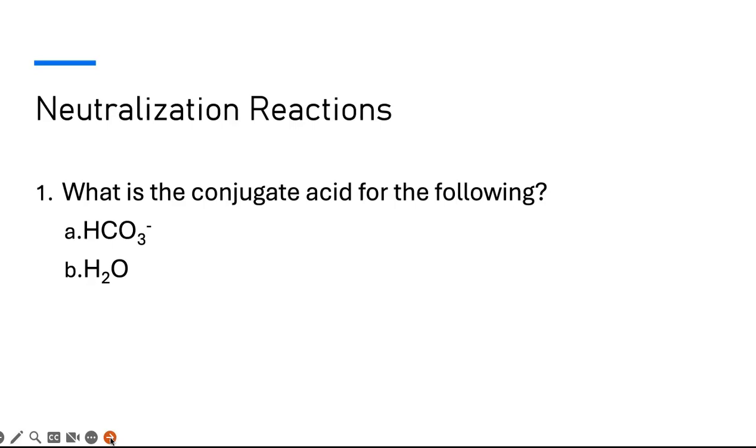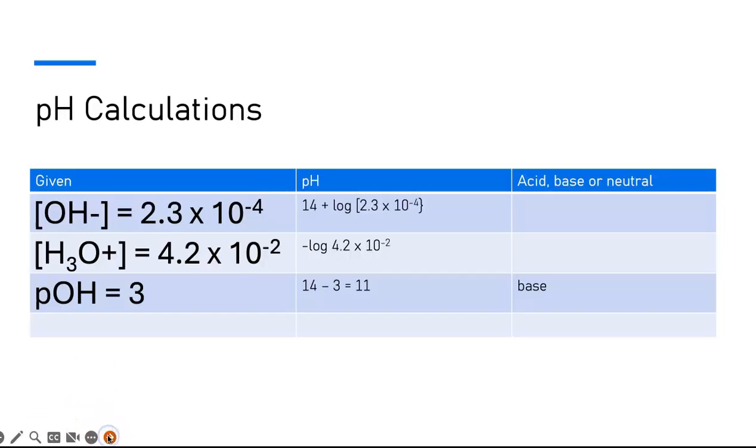And then, of course, if you're given something like this, you would have to write out the whole reaction. So obviously these are my bases. I'm looking for my conjugate acid. Don't forget that an acid is able to give away a hydrogen ion. So I would just take each of these molecules and add an extra hydrogen ion to them. There you go. And so our water becomes our hydronium ion. All right. Now